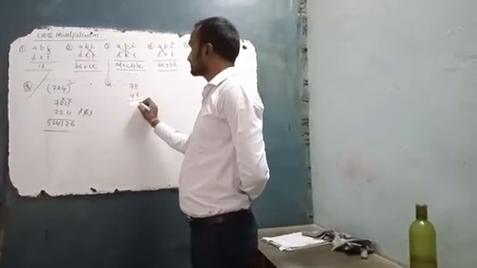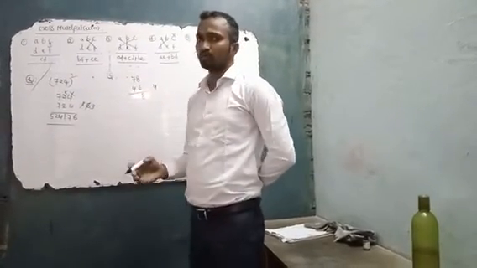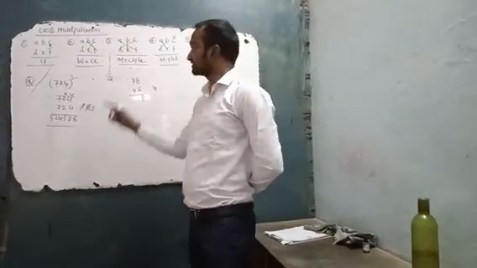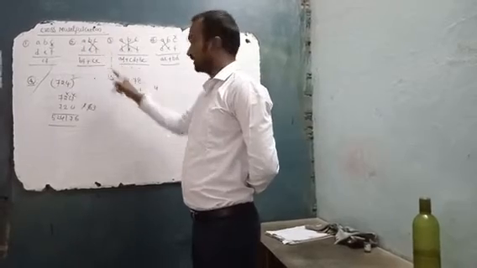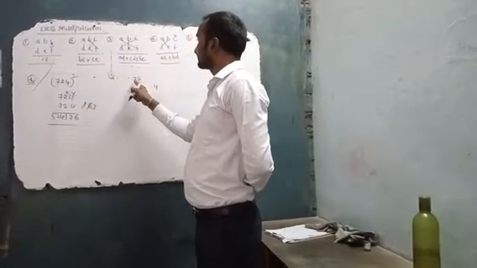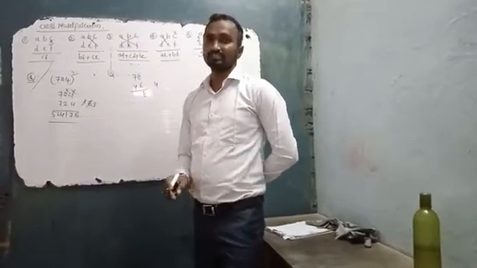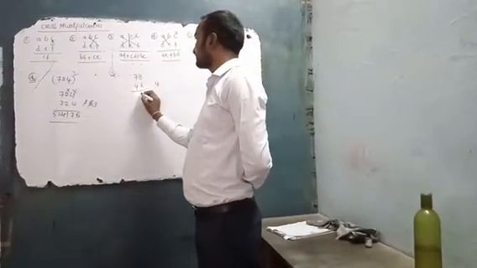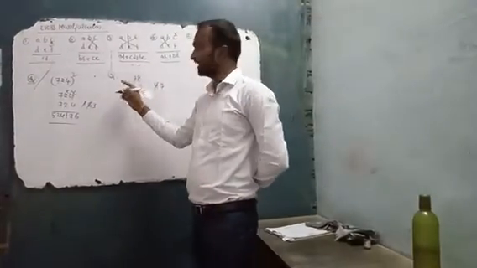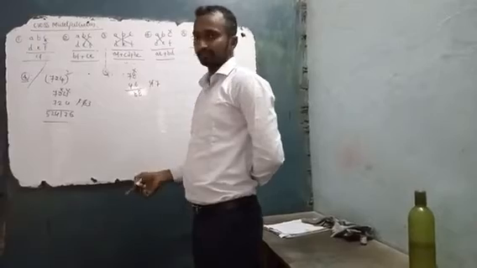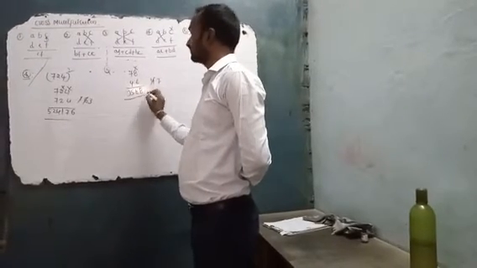First step is 6 8s are 48, carry is 4. Second step: whenever you have multiplication of 2 columns, simply take the cross multiplication. Now 6 7s are 42, 8 4s are 32. 42 plus 32, 74. 74 plus 4, 78. Now carry is 7. There is no third step. Simply eliminate from the right side again. Now 7 4s are 28 plus 7. How much is it? 3 5 8.